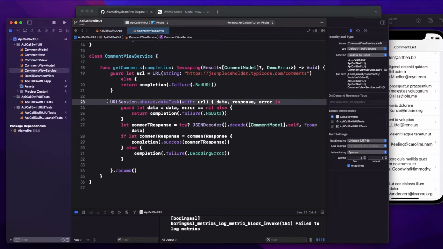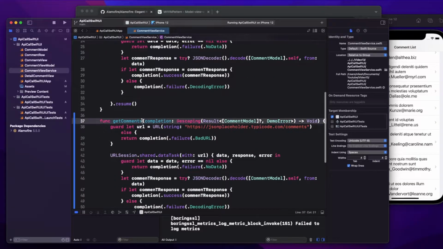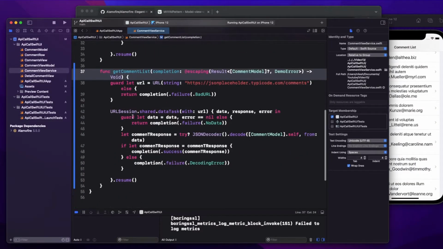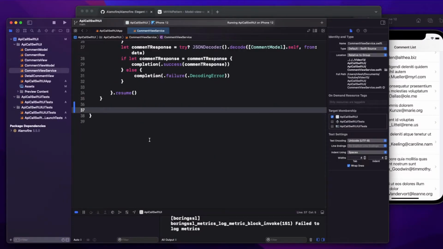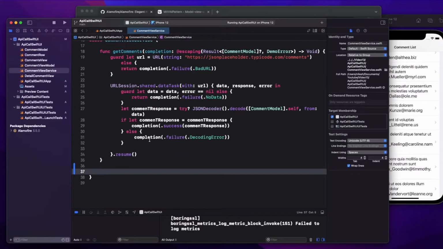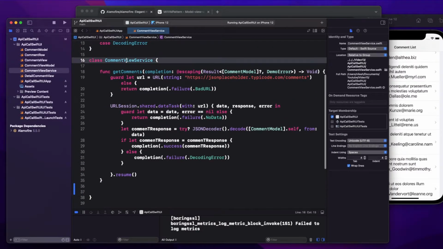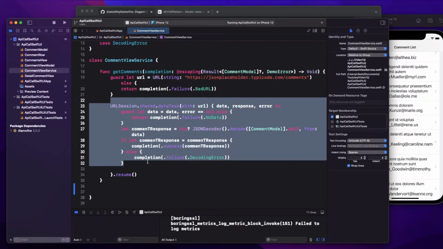Or even if I copy and paste another function like get comment list, that means I'm writing this URL session again. That means it's a duplicate of code, correct? That should be avoided when you are writing proper reusable code. So comment view service should not talk with the URL session directly.